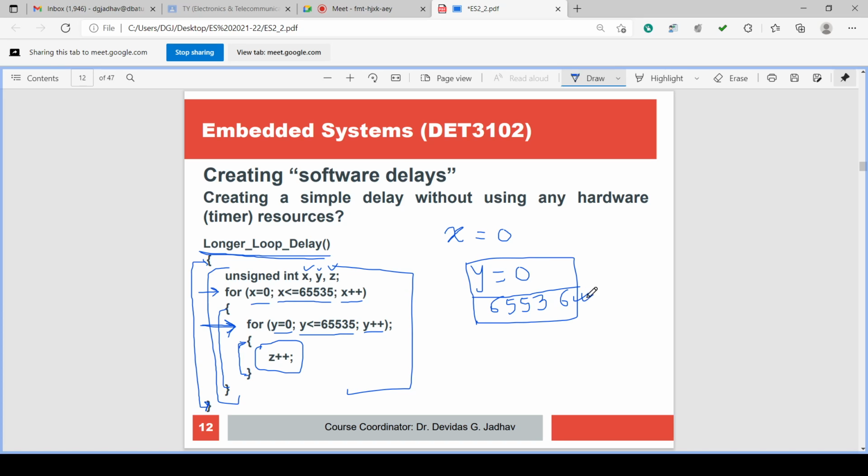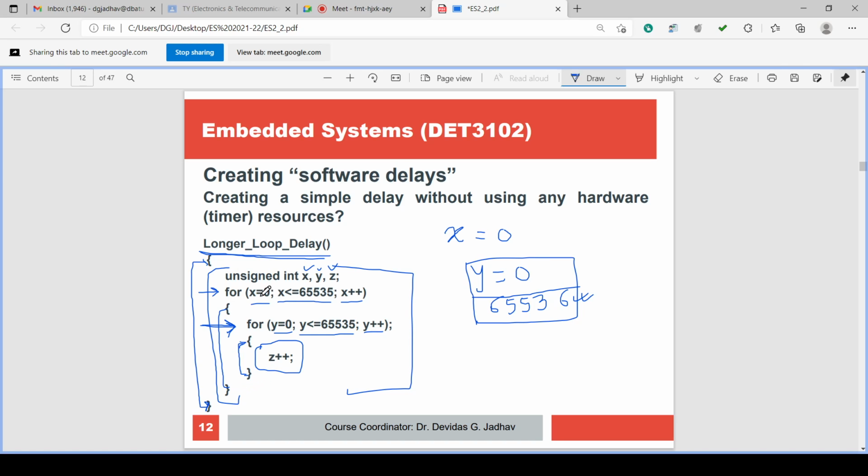So the second loop executes 65536 times. For the first loop, for x equal to 0, the body within the curly braces is executed, and in that, y executes 65536 times.